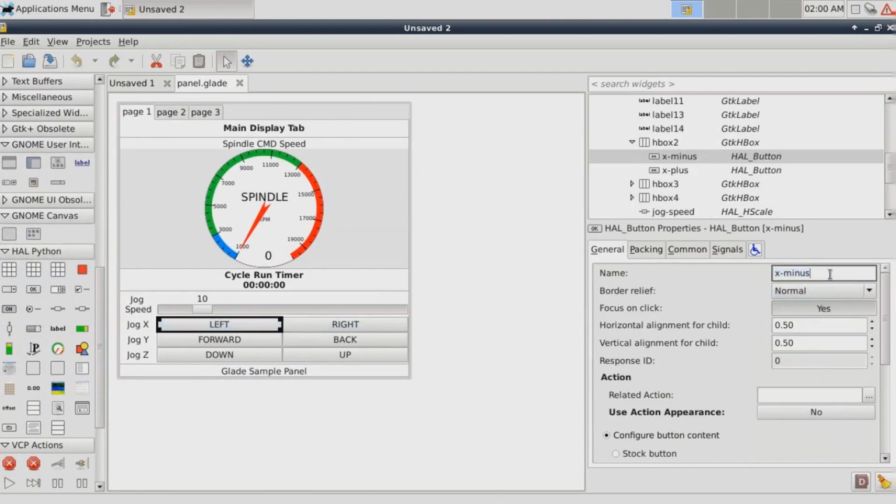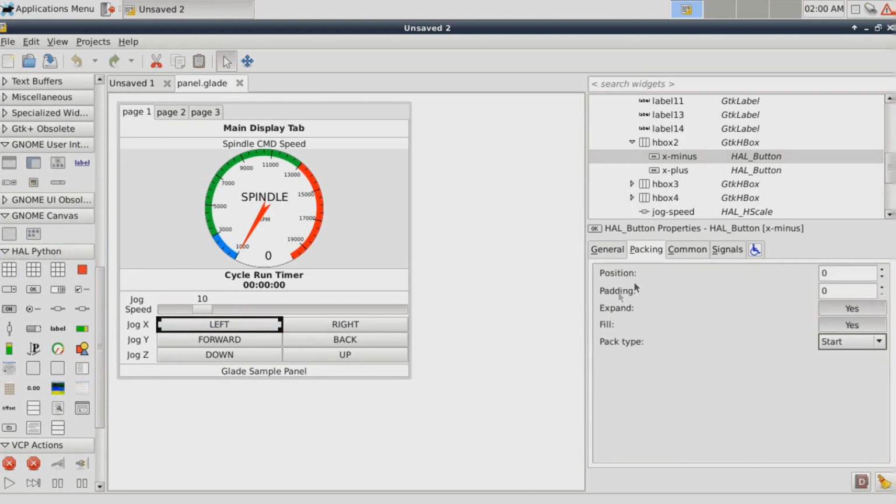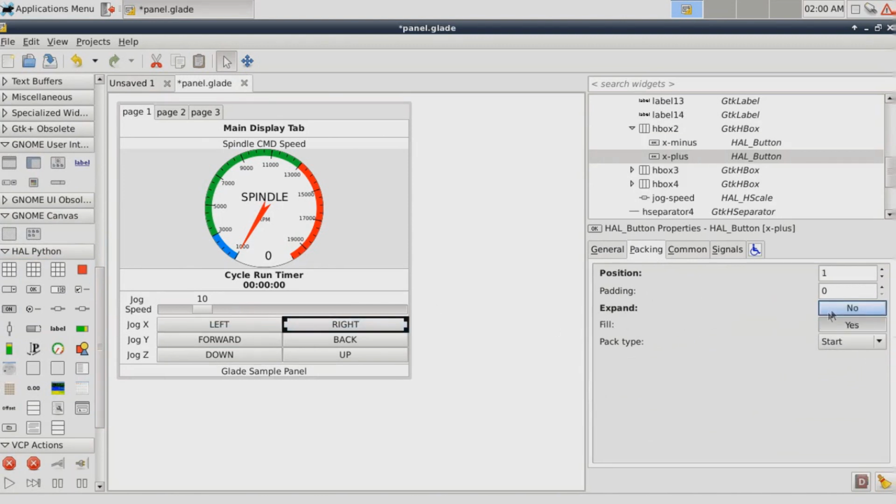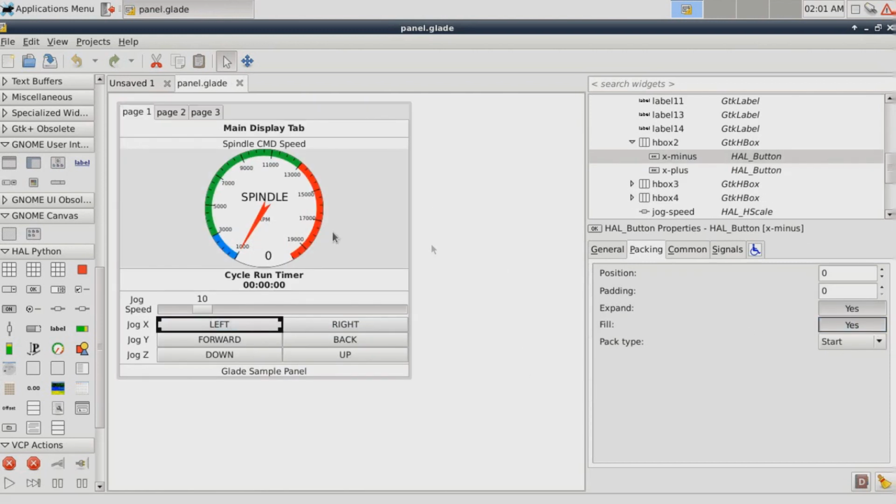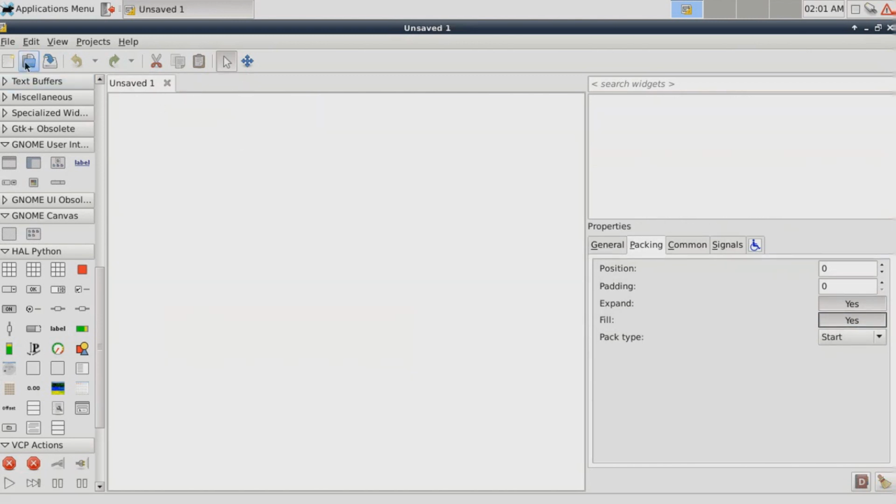Once you do that, you can go in there and you can name them, you can assign different attributes to them. There's something called packing, and the packing will affect how it fits in the slot, and you can experiment with that, and you see that when you turn it on and off, they get wider or narrower or taller or shorter. Okay, so you can go in and you can make those kind of changes.